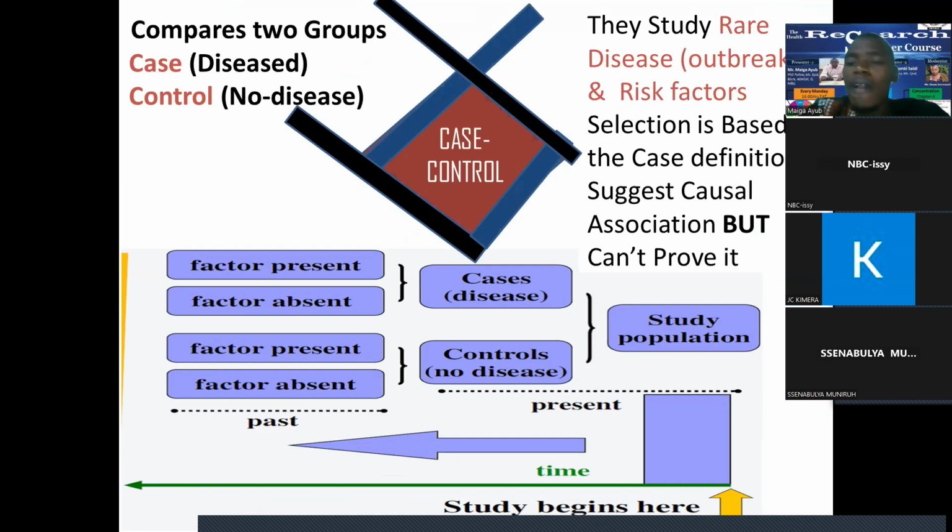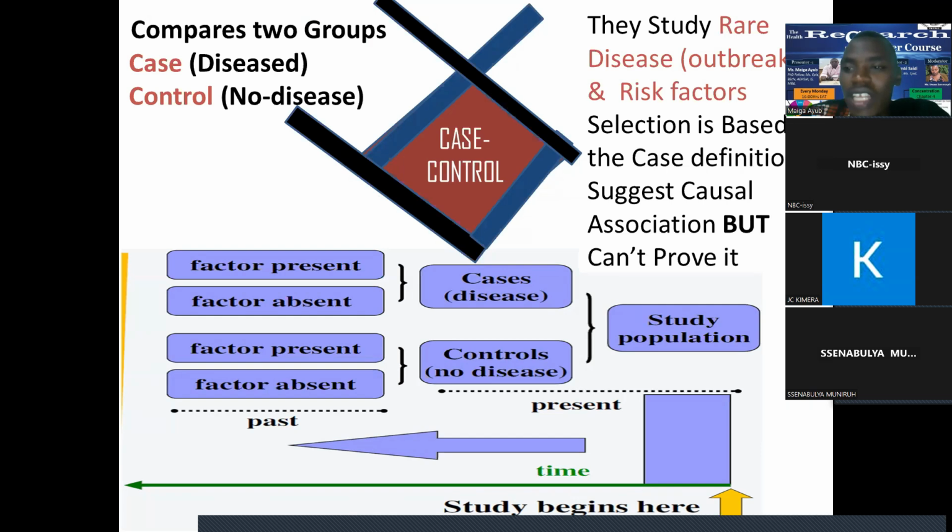When you go to a party, a birthday party, maybe mine, which I rarely celebrate, and then after eating, you go back and you develop stomach upset, okay? That is an outbreak. Maybe five, six people develop what? Stomach upsets. So what happens is that now we can use a